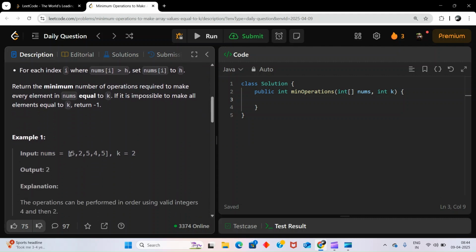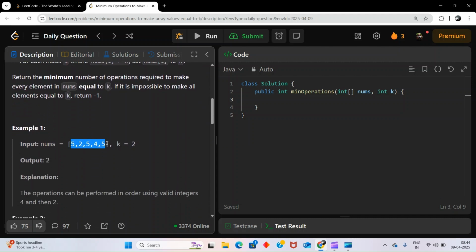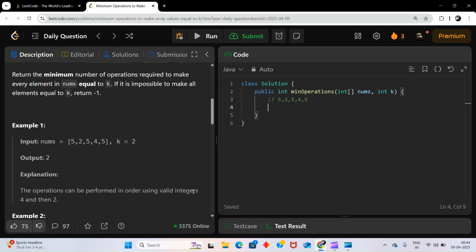Okay, so if we see this example, 5, 2, 5, 4, 5. The operation can be performed in order using valid integers 4 and then 2. So let's analyze. First, consider a valid integer 4. If we consider h is 4, what are the elements strictly greater than 4?